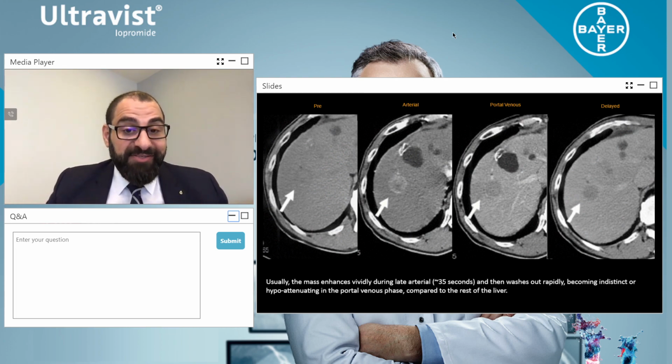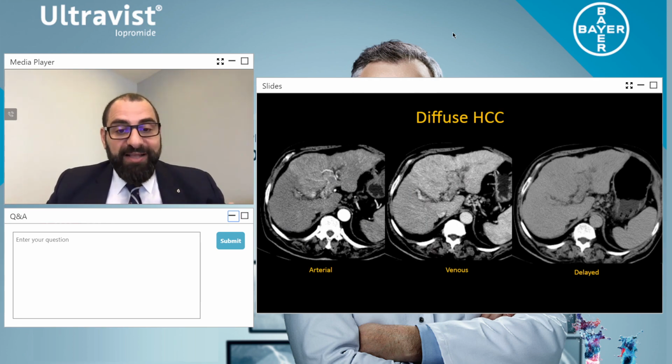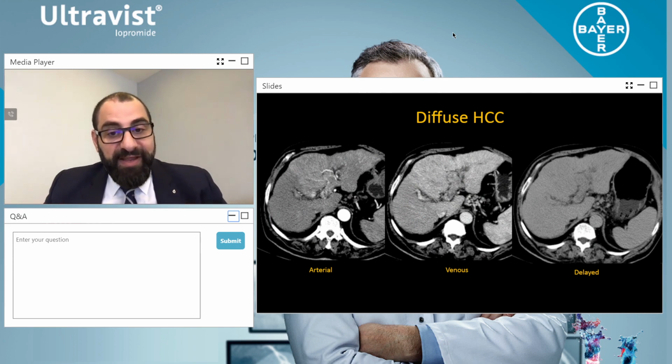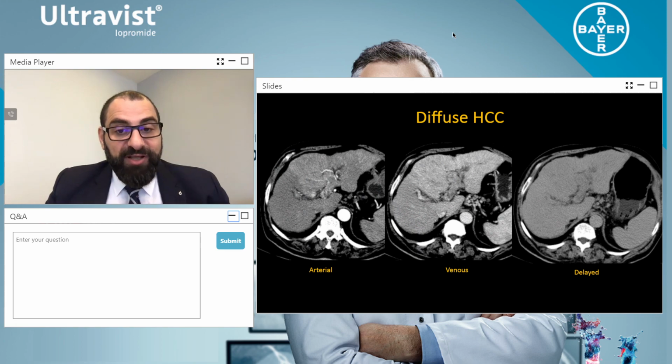With diffuse hepatocellular carcinoma, look at this in the arterial phase. Because this was an early arterial phase in the image to your left, we have perfusion deficit within the liver. When you look at the venous phase, look at the lobes of the liver between the left lobe and the middle of the right lobe, and in actual fact, you have tumor within the portal system. And then when we look at the delayed phase, it's completely filled in with contrast. This is a diffuse hepatocellular carcinoma.